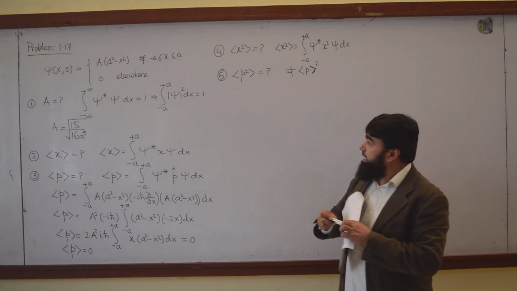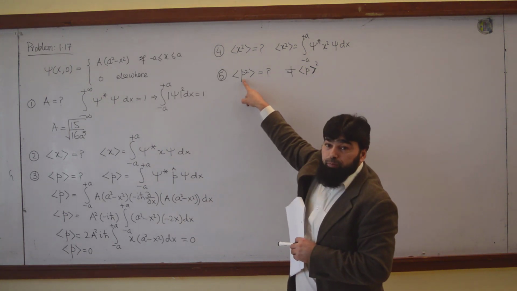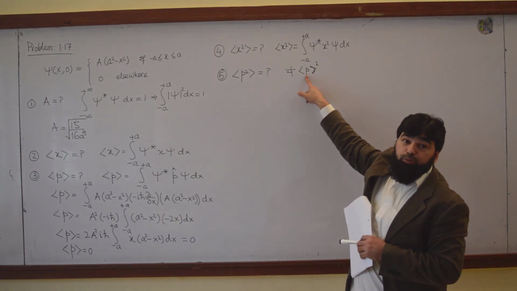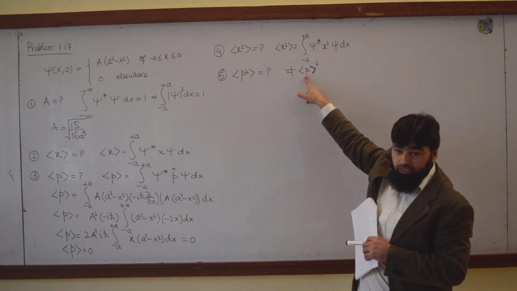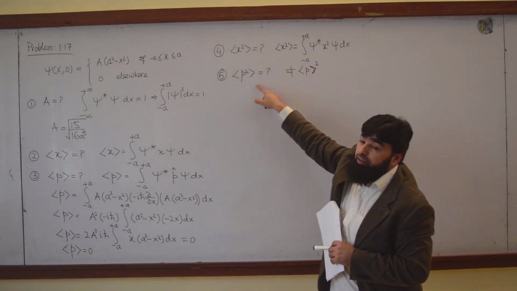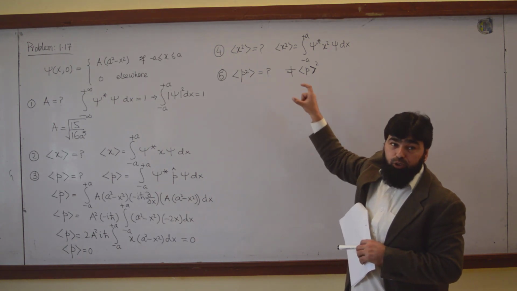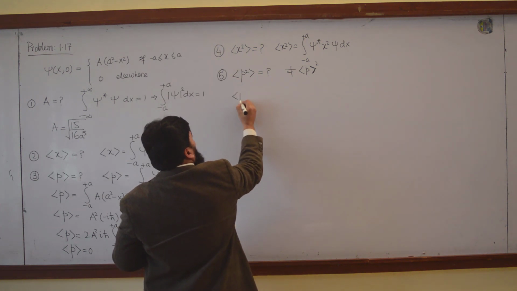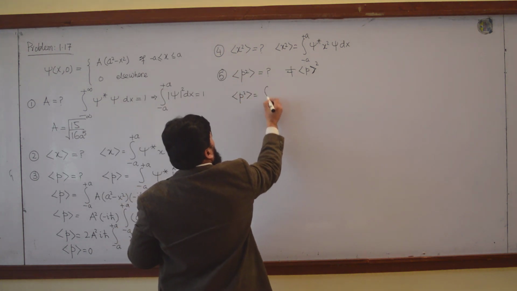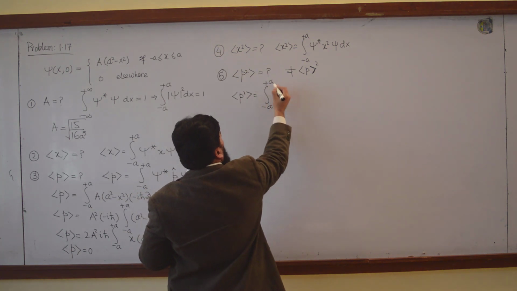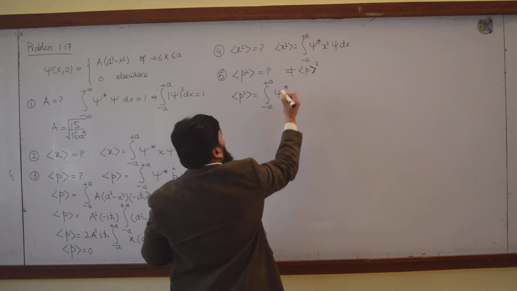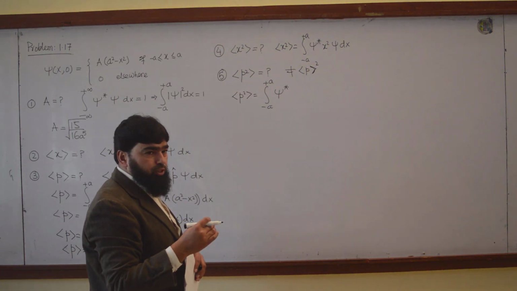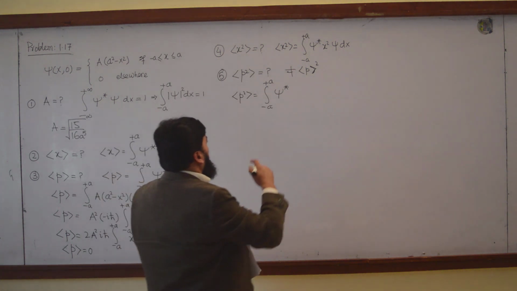What's the difference? This is the expectation value of p squared, and this one is the square of the expectation value of p, right? So these two are completely different things. Don't mix up these two. So I will have to find p squared, and for p squared I will write that from minus a to plus a psi conjugate. Always write the formula for yourself. Do step-by-step simplification and you will never be lost.